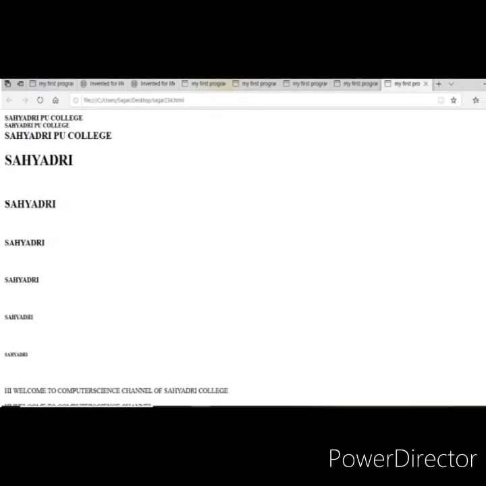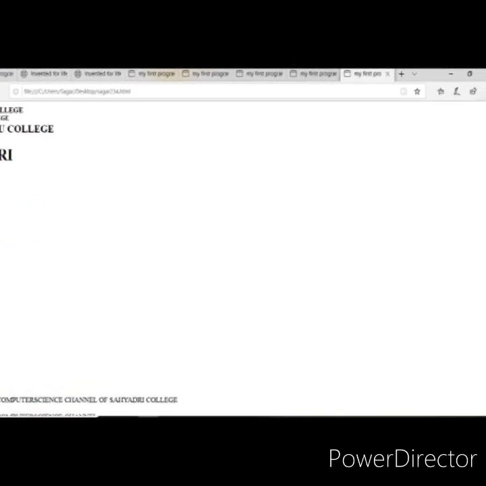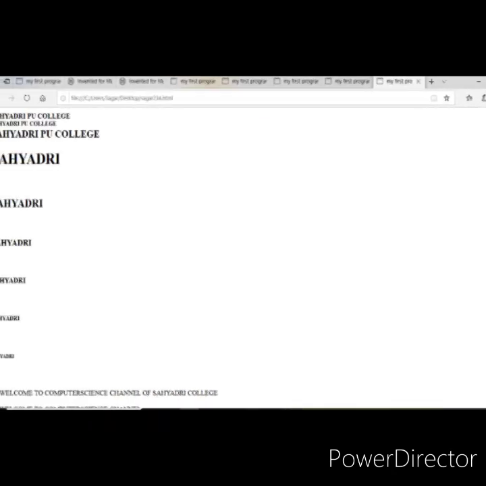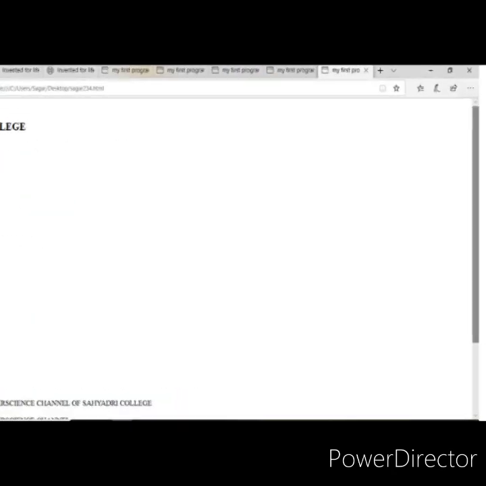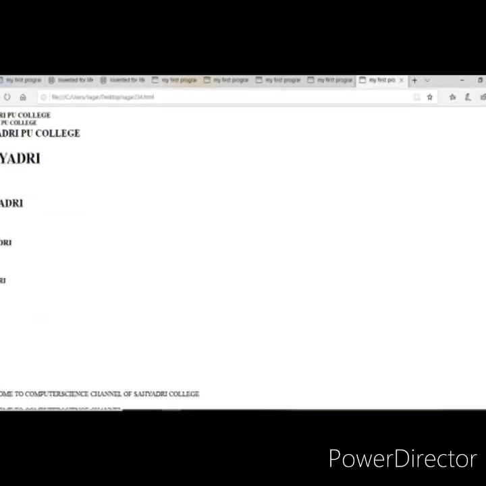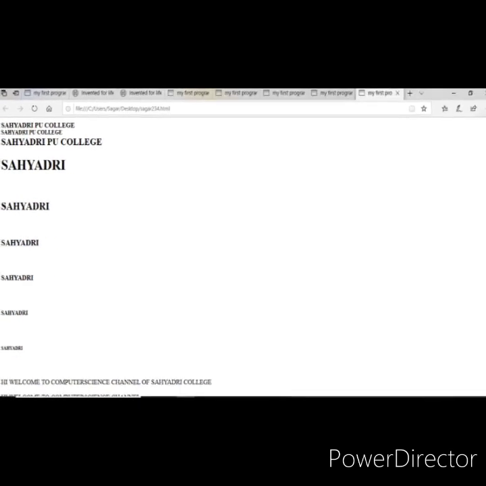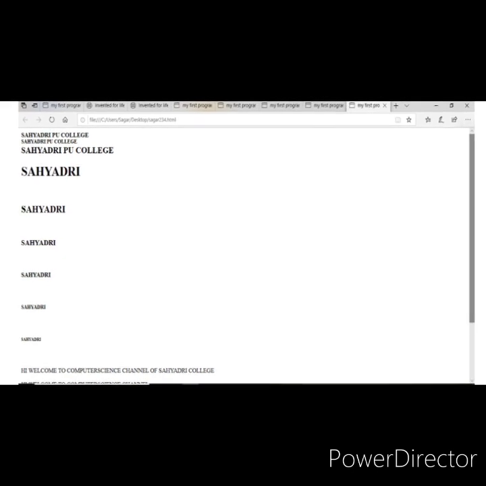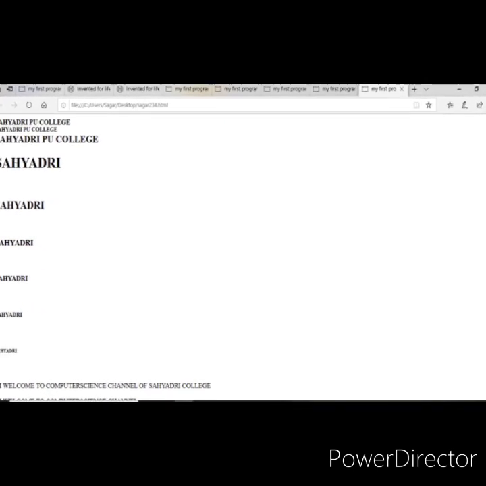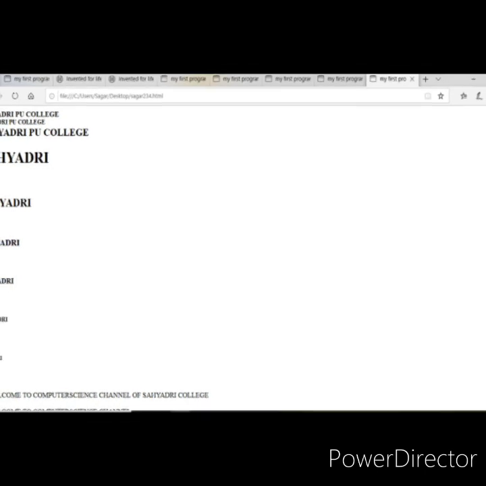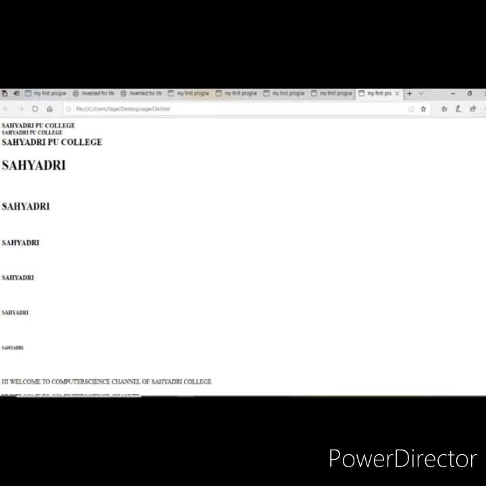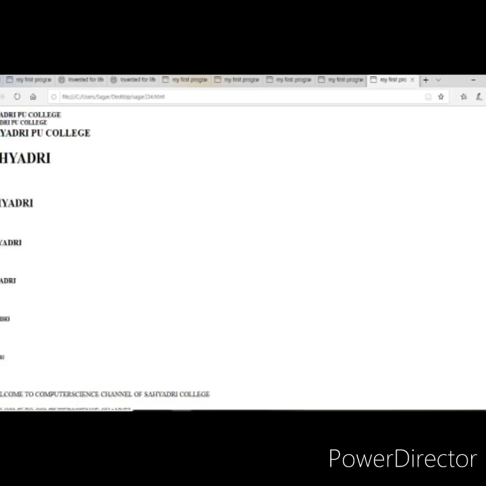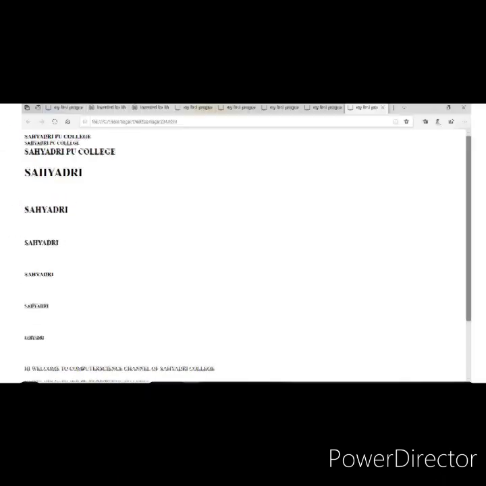The headings are represented by using the keywords H1 to H6. For heading 1 it is H1, for heading 2 it is H2, for heading 3 it is H3, for heading 4 it is H4, for heading 5 it is H5 and for heading 6 it is H6.